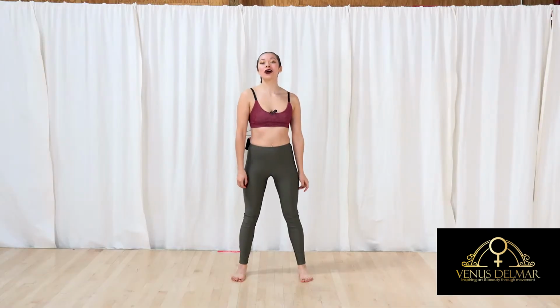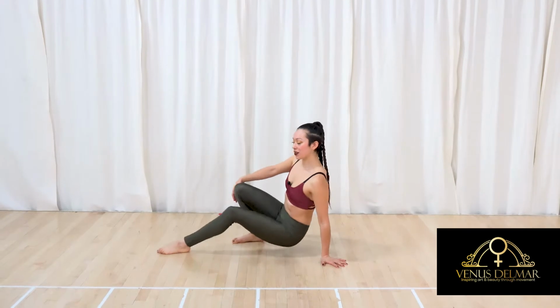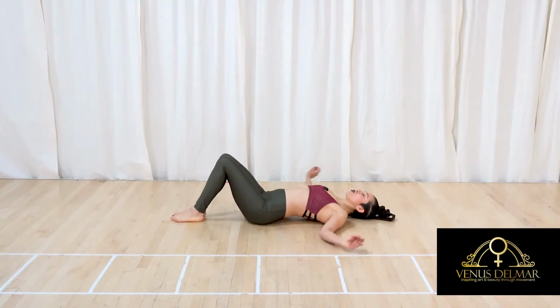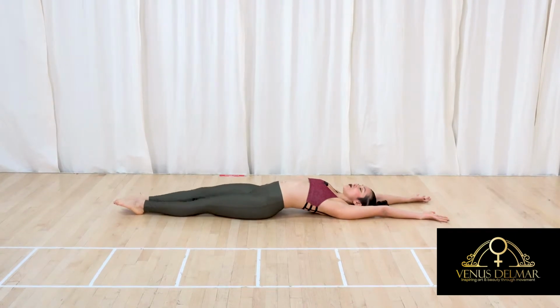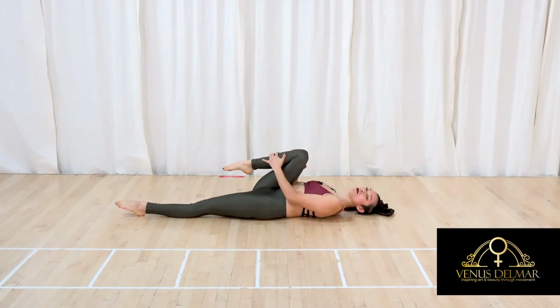So I want you to melt down to the ground. Just slowly make your way down, moving fluidly with grace and resting our hands down by our sides. We're gonna stretch our arms and legs in opposite directions as far as we can. Beautiful. And we're gonna bring one knee in and really hug this knee in, touching with both hands,